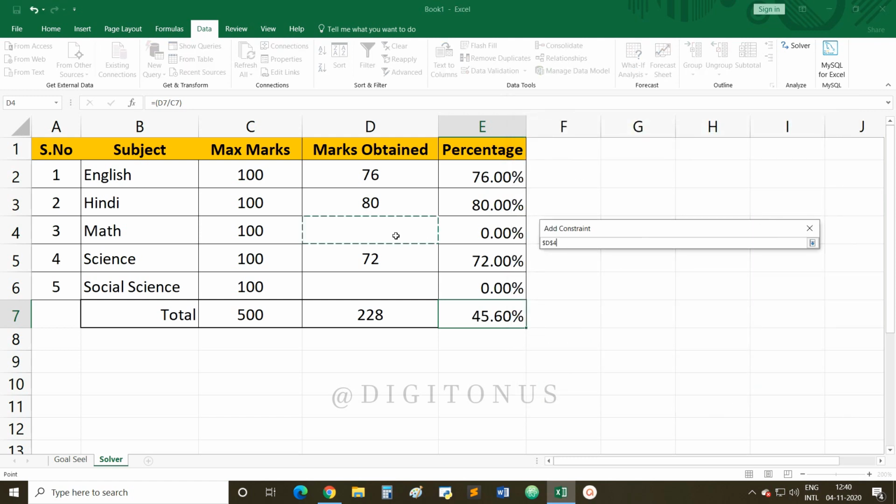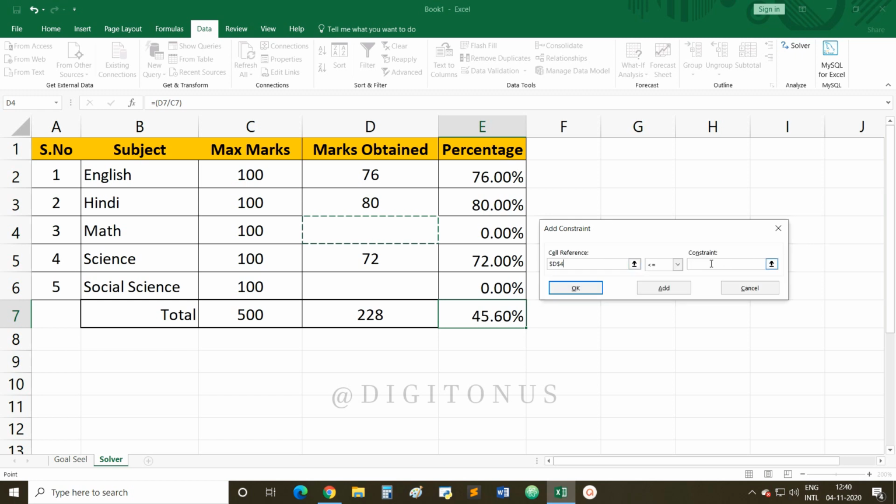I have selected the cell for the math subject, less than or equal to, and suppose I want it to be 80. Fine. So I have given that the value has to be less than or equal to 80, means not greater than 80.